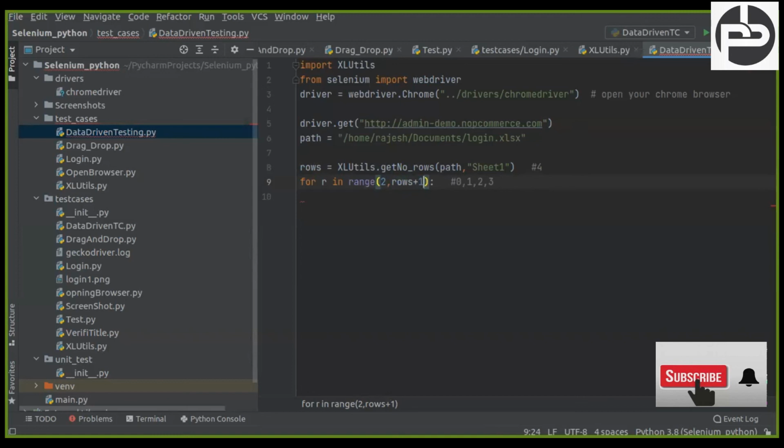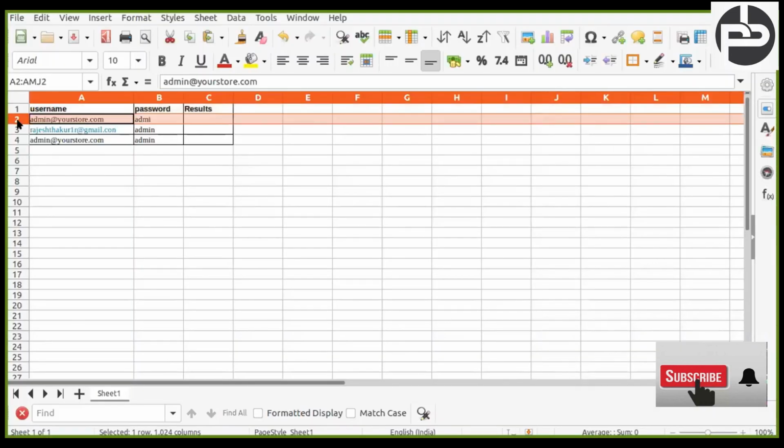Now execution will start from the second row till 4, right? Making sense? Any doubt? Two means starting from the second row. Yes, if you can see this Excel sheet, the data starts from the second row. Second to 4.